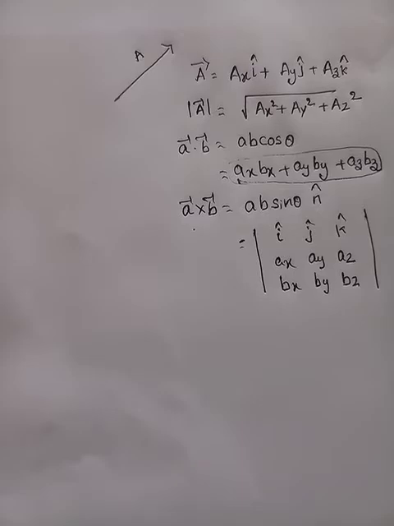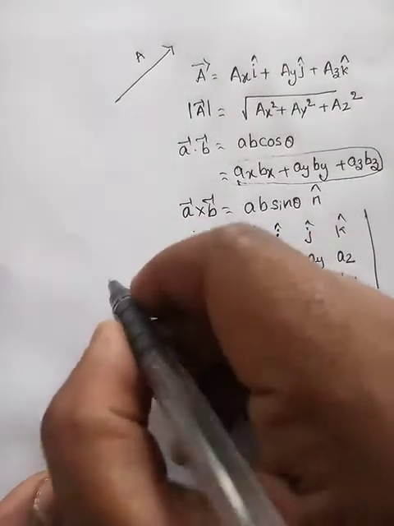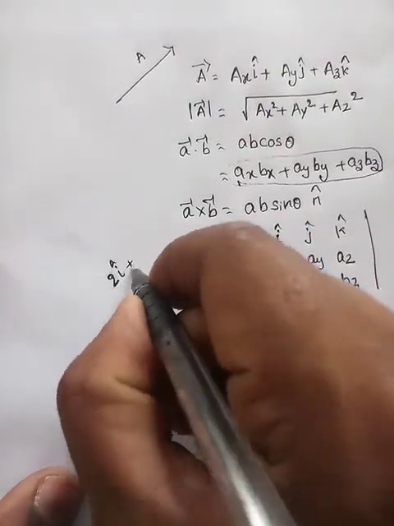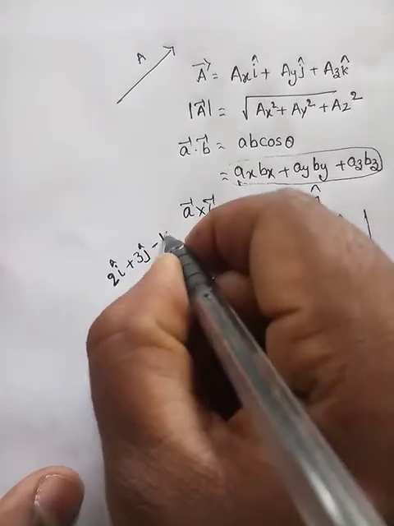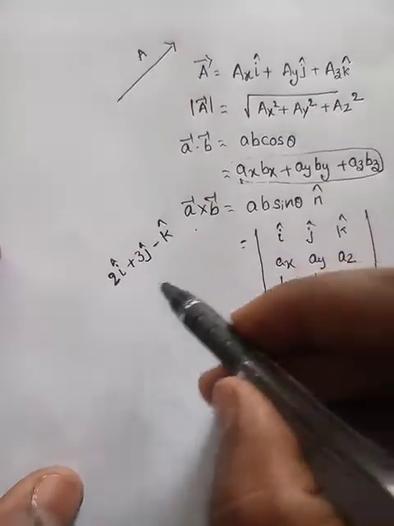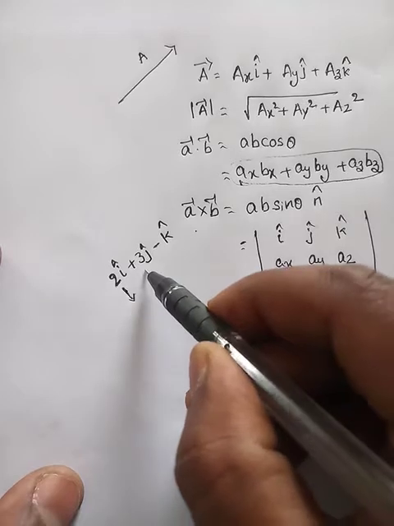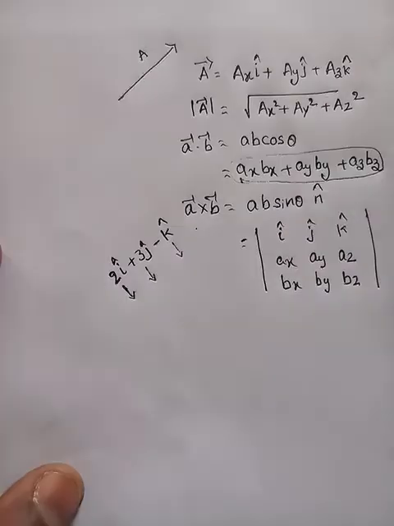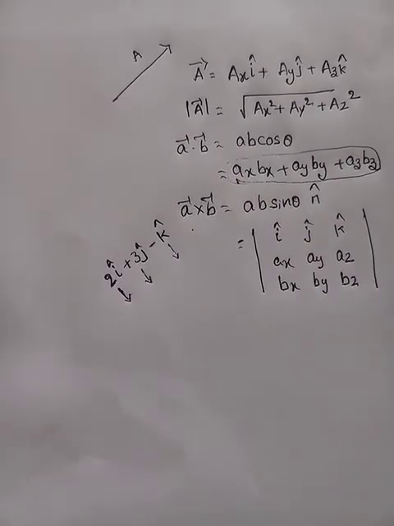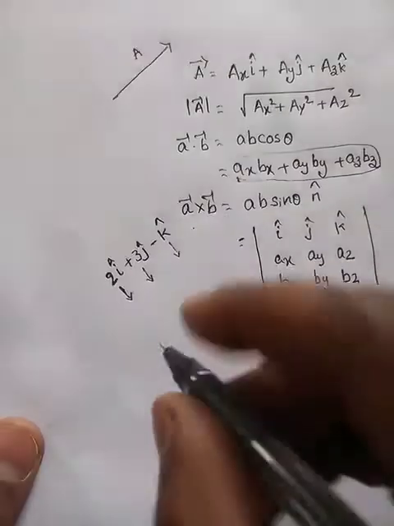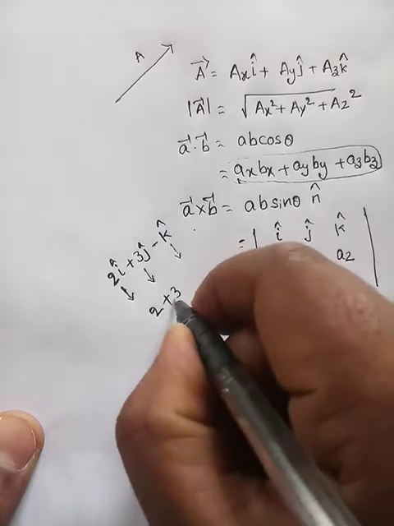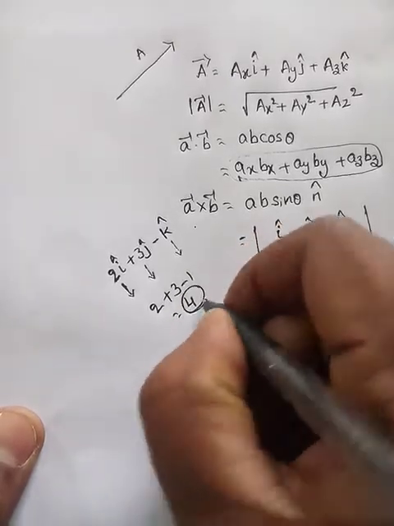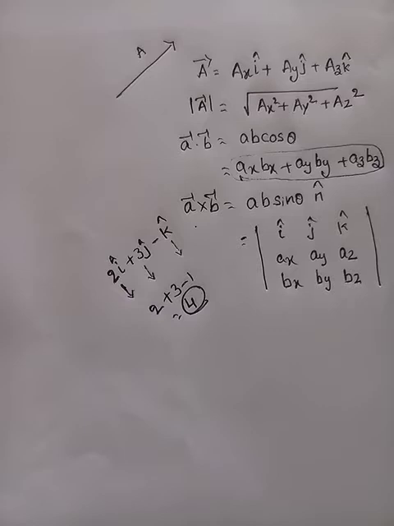Now, as we clearly confirm, when a vector is moving in a plane, for example 2 i cap plus 3 j cap minus k cap, it means the coefficient of component along x axis is 2, along y axis 3, along z axis minus 1. So, we cannot add directly like the algebraic method, for example 2 plus 3 minus 1, and get the answer as 4. There are different methods, some laws exist to add 2 vectors.